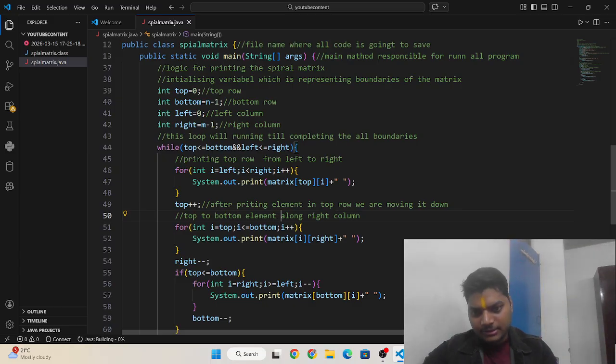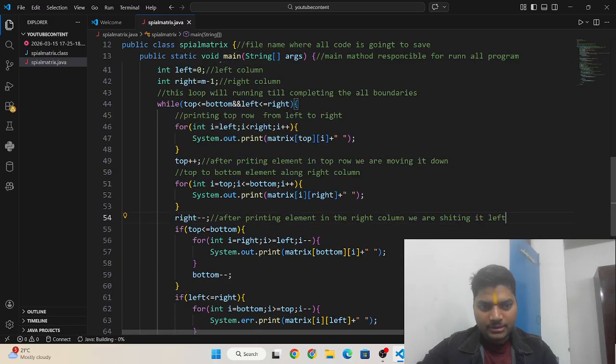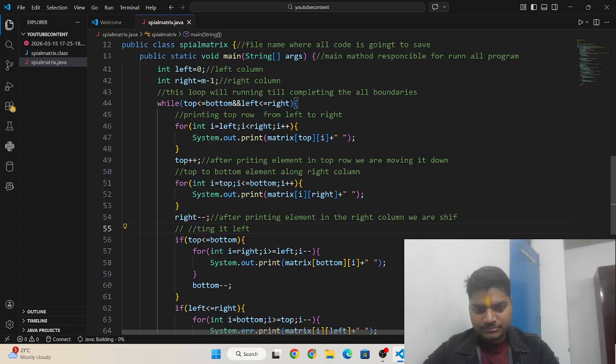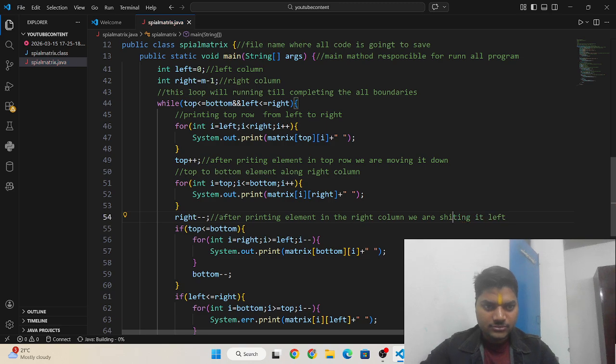Okay, and after printing the right column, we are shifting it to the left side.